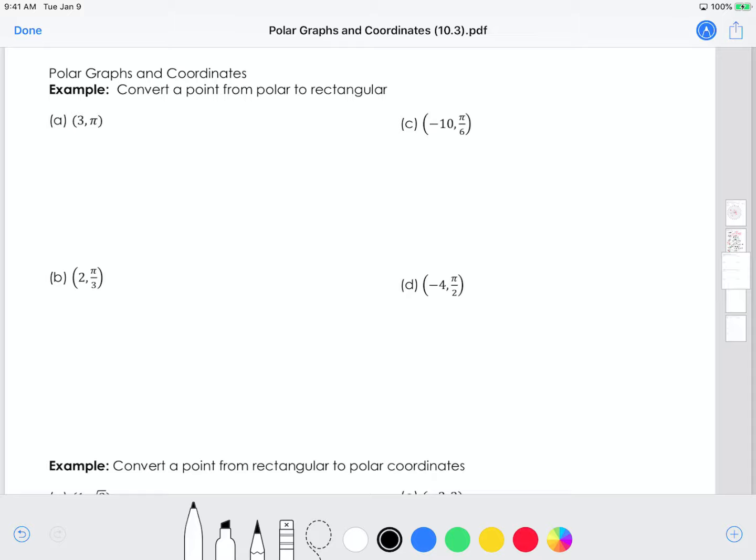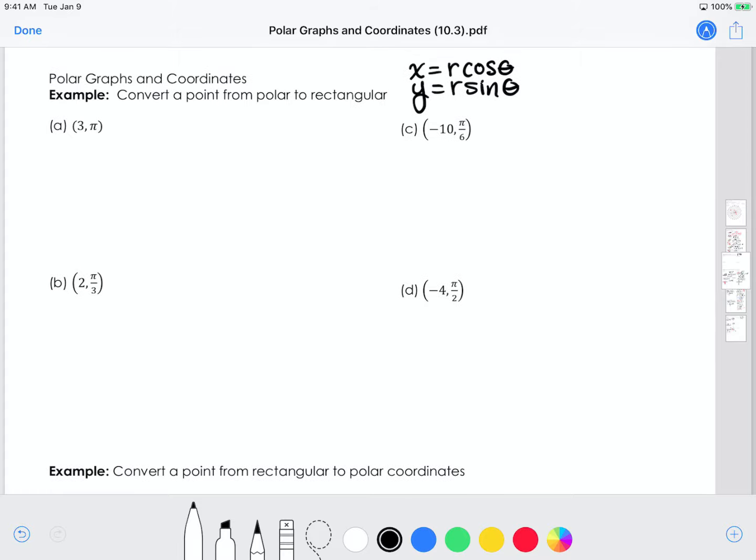Okay, now I'm going to show you how to go back and forth between rectangular form and polar form when we're looking at coordinates. So something that you need to know in order to do this is that x is equal to r times cosine of the angle and y is equal to r times sine of the angle. And one more thing that you need to know is that x squared plus y squared is equal to r